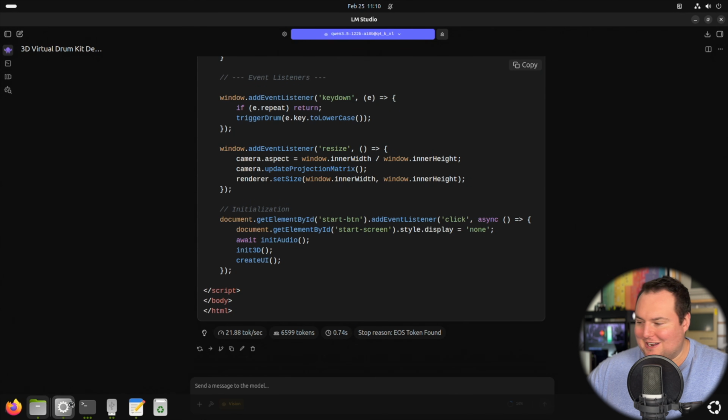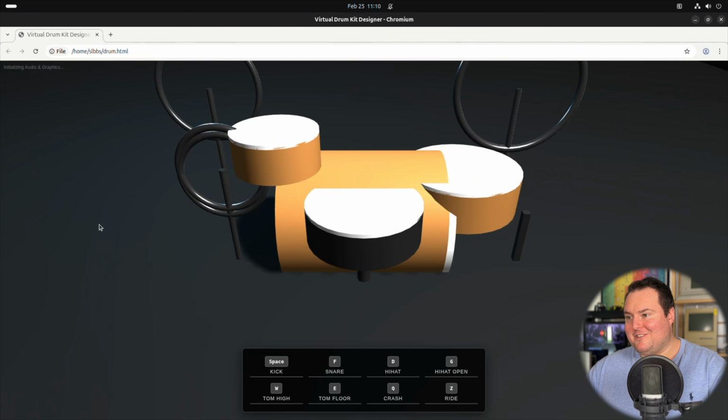Whoops, sorry, I closed out of Chromium. All right, I have to say, it didn't do a bad job drawing the models. Sure, they're a bit funky, but sometimes it's harder for the drum kits to be arranged. I do find these symbols drawn with these torus shapes to be very interesting. It still says initializing audio and graphics, so